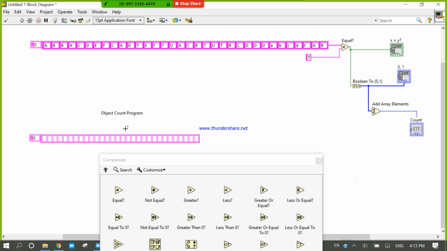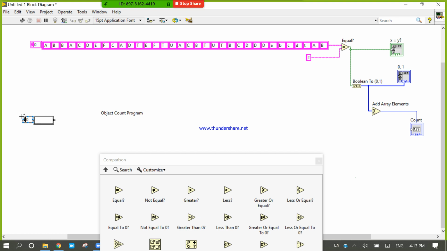How to append to an array? Look here. It is an array constant. I have a second array constant. Okay, let's go, please design your program.